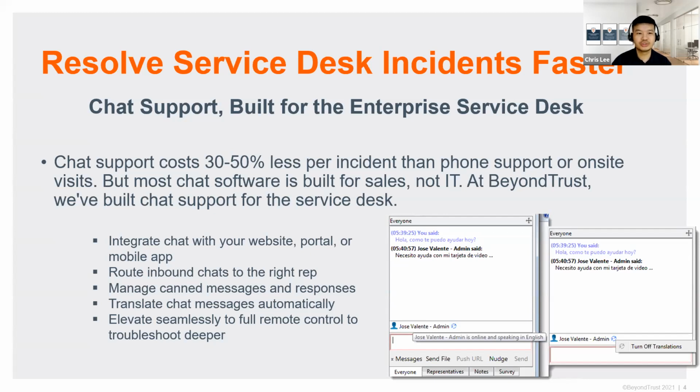So what they normally did, in order to have better interactions with the users, was to call the user. Actually, this trend has been reversed, and giving our customers the ability to use chat tools actually reduces their support cost by 30 to 50%.